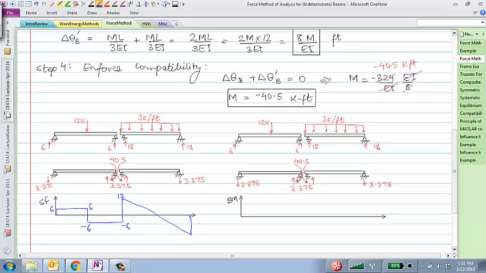Is it 18? Oh, because, yeah, there's actually two forces there, so minus 18, and that's the shear force diagram only due to the actual loads. And finally, the shear force diagram due to these redundant moments, I'll draw that in blue or purple, minus 3.35